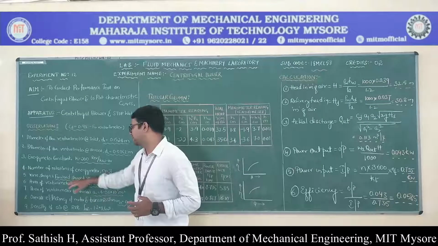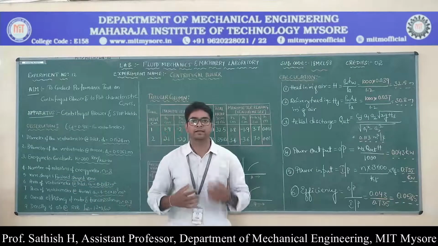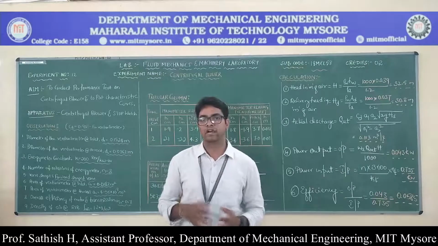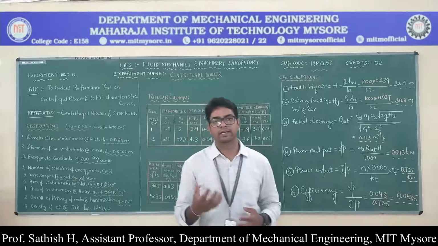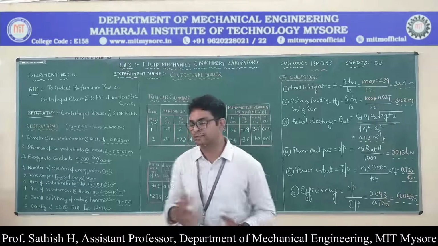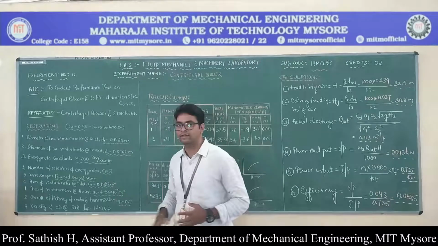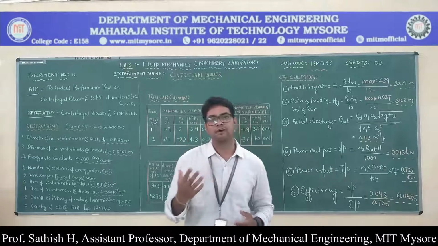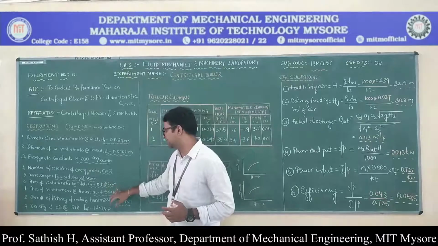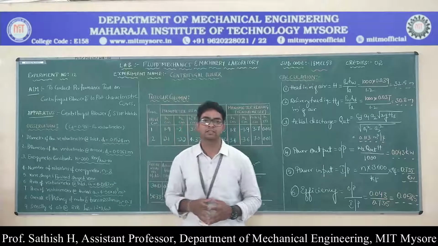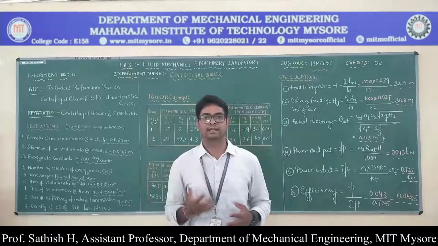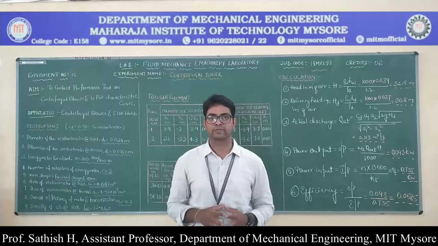Then the vane shape. As I said before, there are 3 kinds of vanes that can be mounted on the shaft of a centrifugal blower: forward curved vanes, backward curved vanes, and radial vanes. The one we are using in our case is the forward curved vanes. Then the area of the venturimeter at the inlet and the area at the throat. We know the diameters at the inlet and the throat, D1 and D2 respectively.